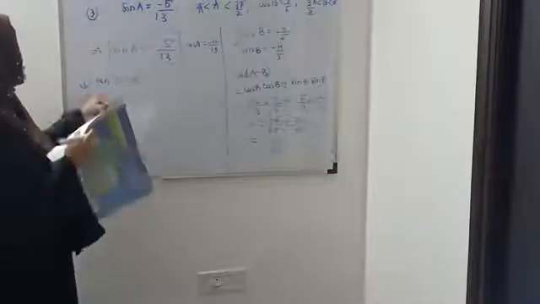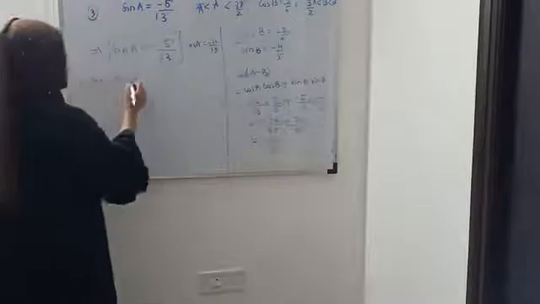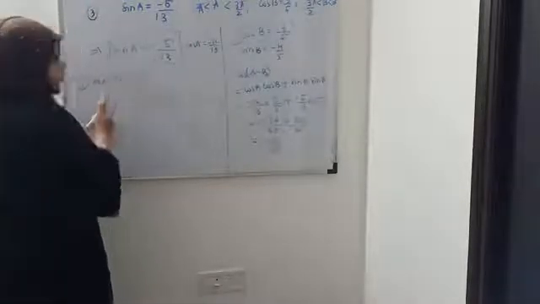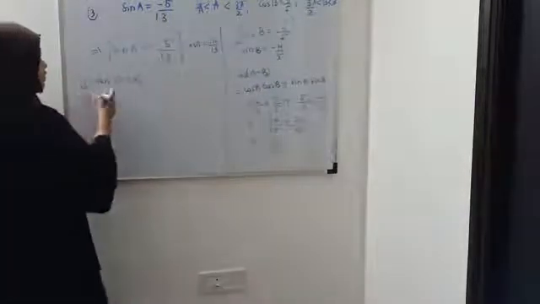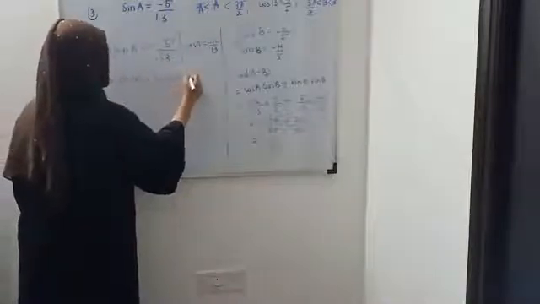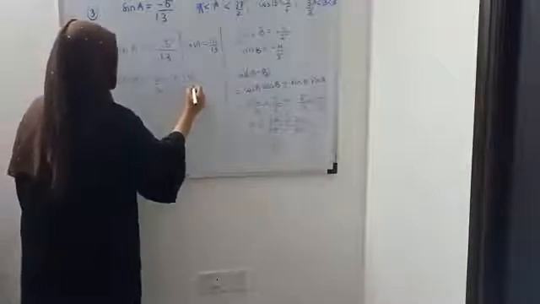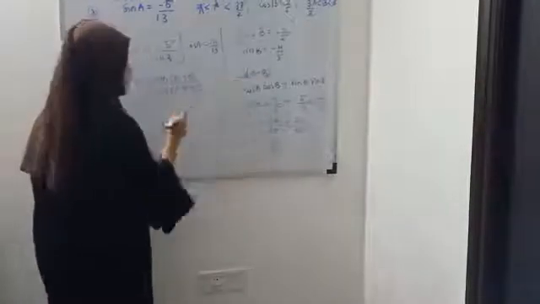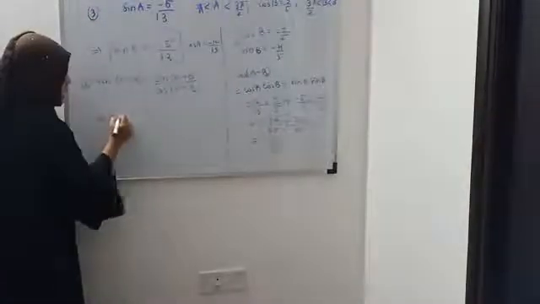And the last one is tan (A plus B). Tan (A plus B) can also be written as, see, we haven't found the value of tan A and tan B, right? So we will convert this tan as sin (A plus B) divided by cos (A plus B). But we don't have the value of cos (A plus B). We have just found the value of cos (A minus B). So first of all, we will find the value of cos (A plus B).